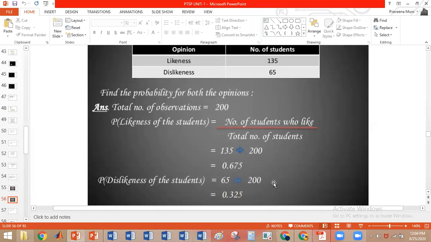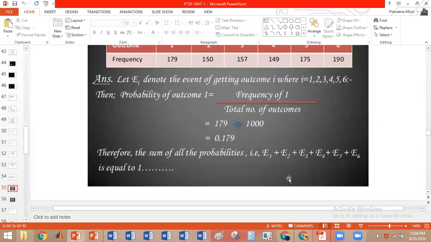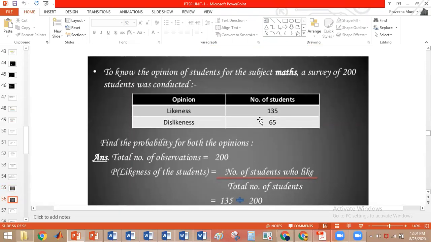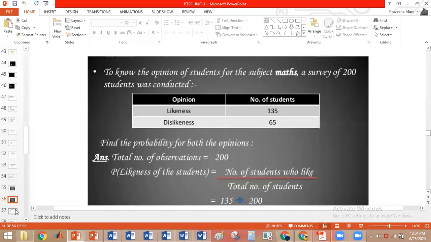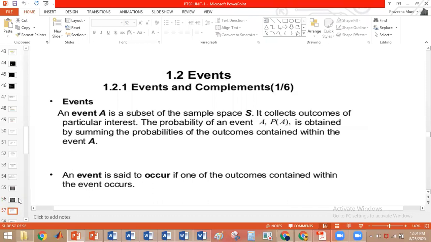So we conduct the experiment n number of times, and we check how many times the particular event will occur divided by the total number of experiments. That gives you the probability, which is nothing but the probability using relative frequency. Now students, any doubts here? Is it clear? Relative frequency is the same as the previous case. Here we have defined it with respect to how many times the experiment is conducted.